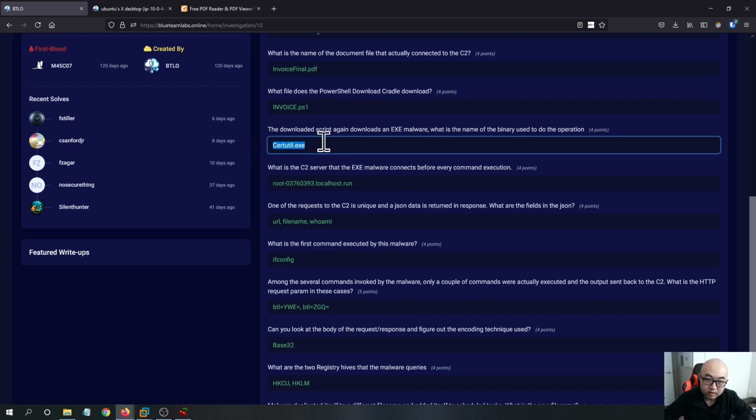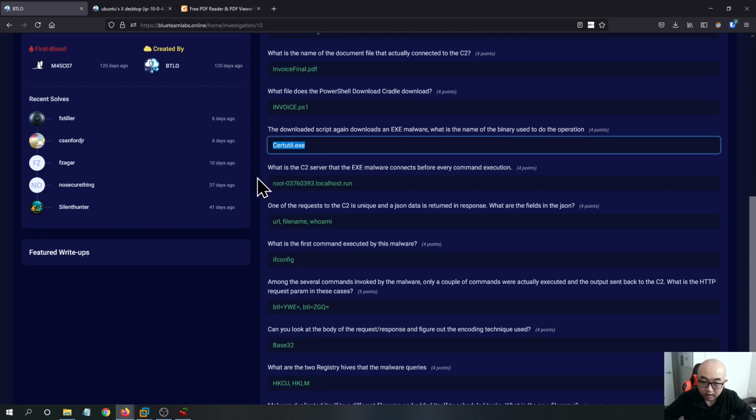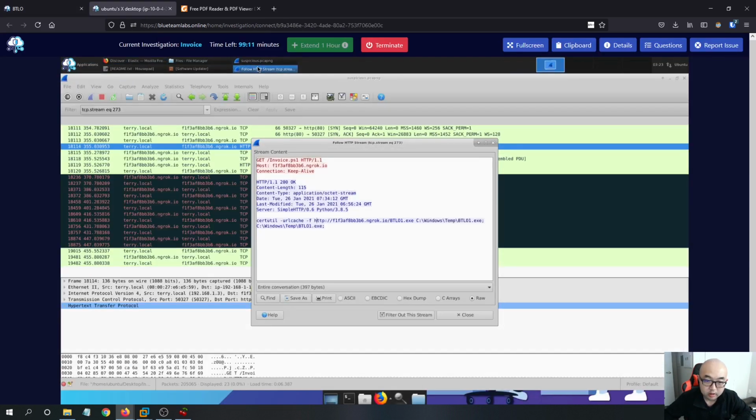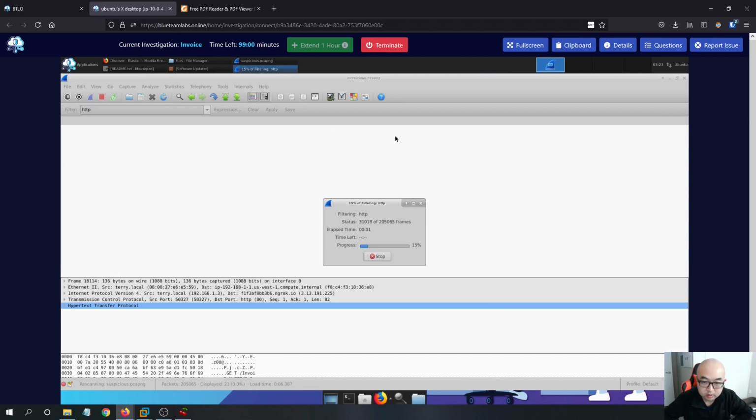We found this. You can find this either in here. We can see that certutil.exe is being utilized, or you can just look for the Wireshark. And what is the C2 server that the exe malware connects to before every command execution? So if you are going back to the Wireshark, you remember that if you just filter through the HTTP,